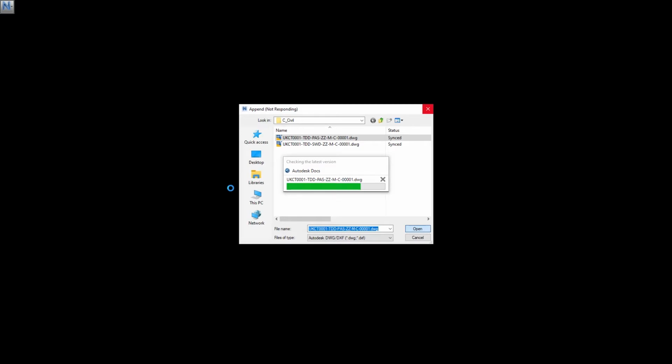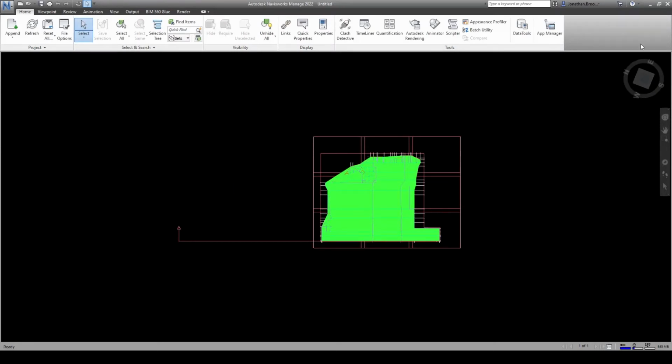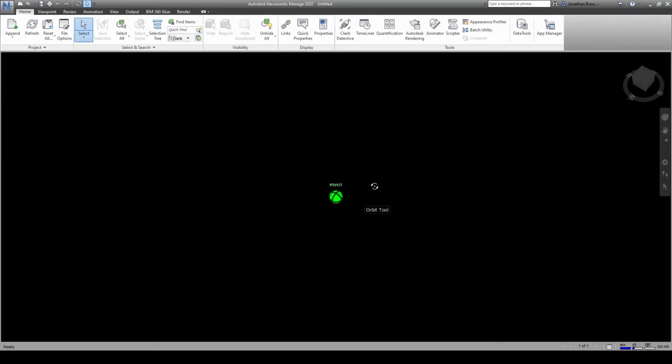Here, designers can navigate to the host location for the file they'd like to insert. This can either be on a local desktop and/or server, or it can be inserted from Autodesk Docs hosted inside of the cloud and accessed via the Autodesk Desktop Connector. Using the cloud allows for ease of accessibility and remote working to take place.